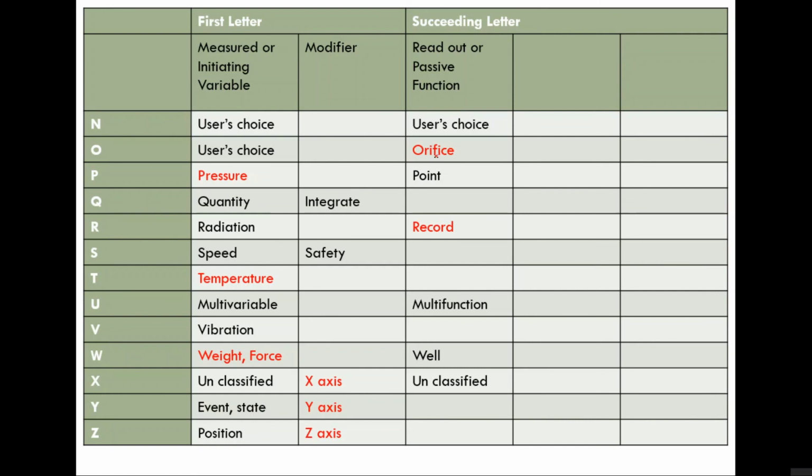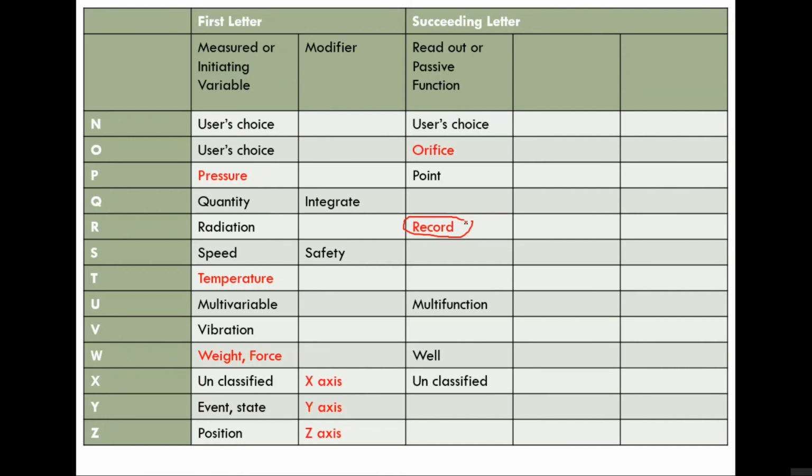Okay. Then the next one is record. If you are using an instrument to record something, such as a strip chart recorder, then R for record. This is also very important. In some situations, you can see TRC, meaning temperature recorder and controller. Indication and recording are different functions. Indication means it is simply indicating something. It is not recording that variable. So if the succeeding letter is R, that is record.